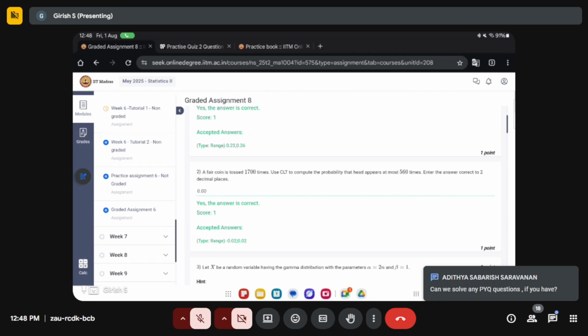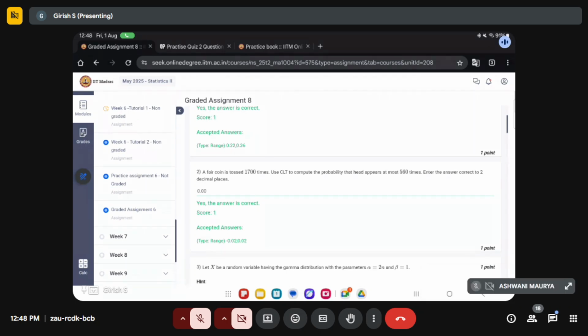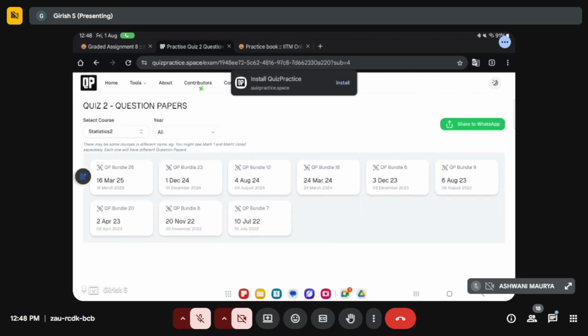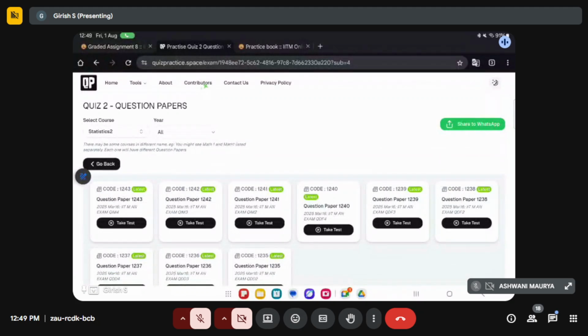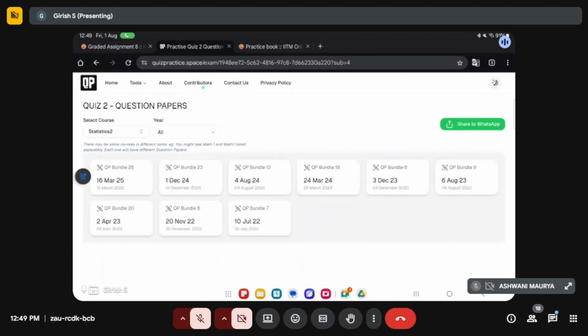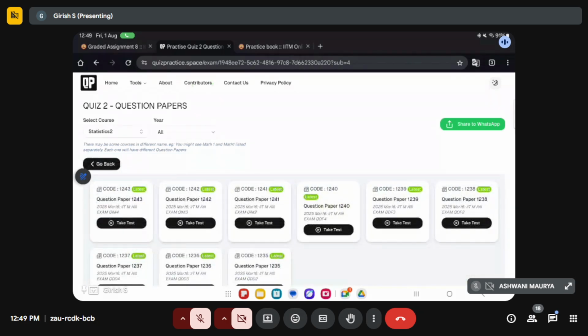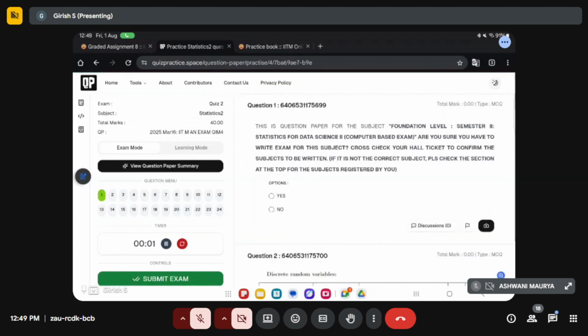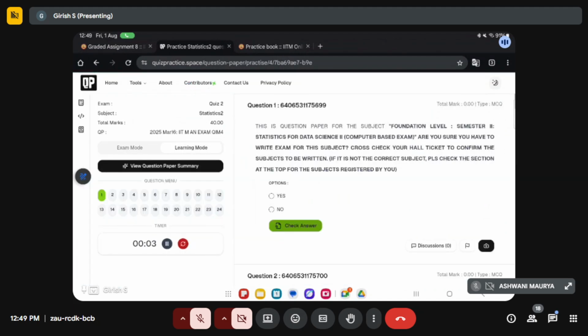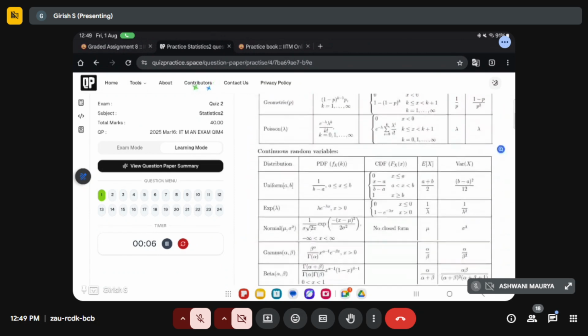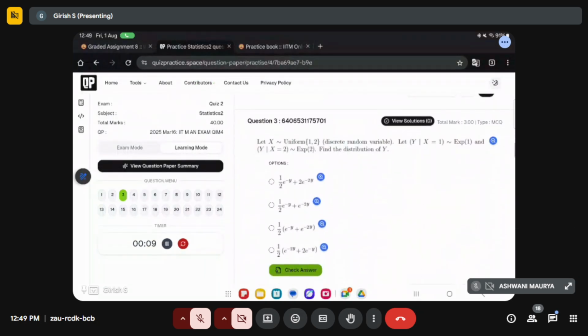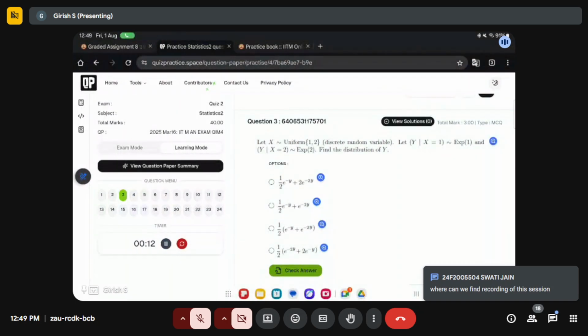They want to solve PYQs in the chat. Yeah. Okay. Let's go with that then. Let us solve the latest question first. Shall I take the latest question, or do you have any preference here? Yeah, you can do that. I'll go ahead with this. Let me go with learning mode because of the time constraint. I'll try to solve it here only rather than going back and forth.